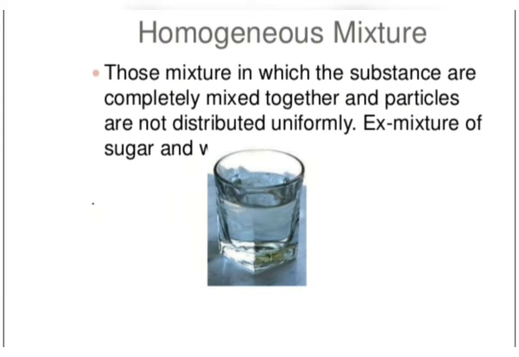So let's discuss homogeneous mixtures. What are homogeneous mixtures? Those mixtures in which the substances are completely mixed together and are indistinguishable from one another are called homogeneous mixtures. It means a homogeneous mixture has a uniform composition throughout its mass. It will not have any visible boundaries of separation between various constituents. That is called a homogeneous mixture.